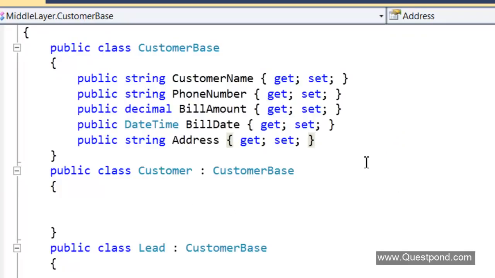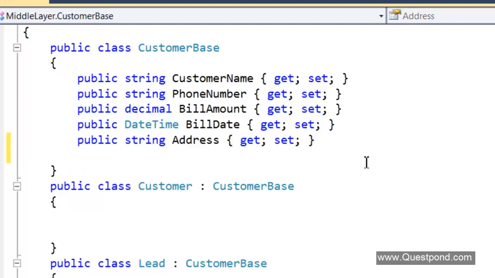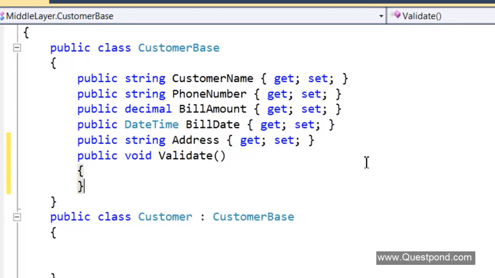So in the customer base, let me define a method called validate. This method will help to validate a customer, but it would be overridden by the customer and the lead as per their requirement.